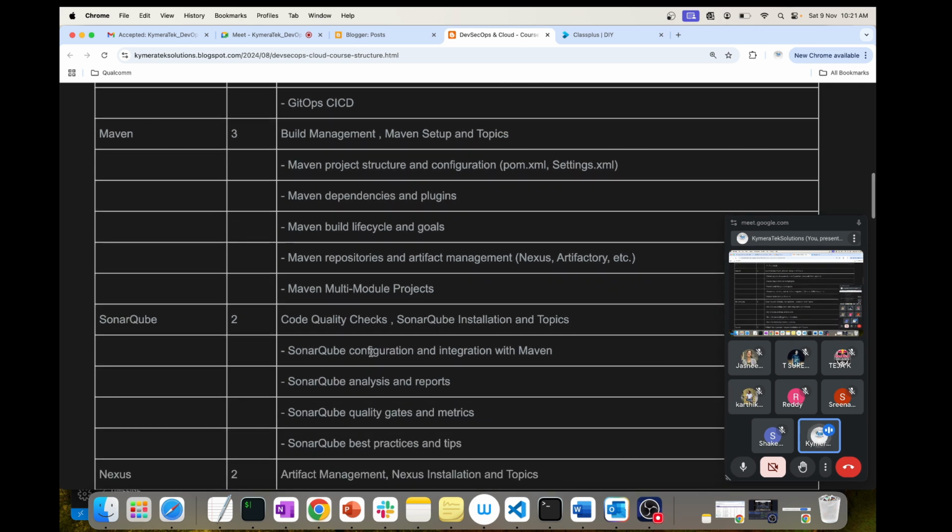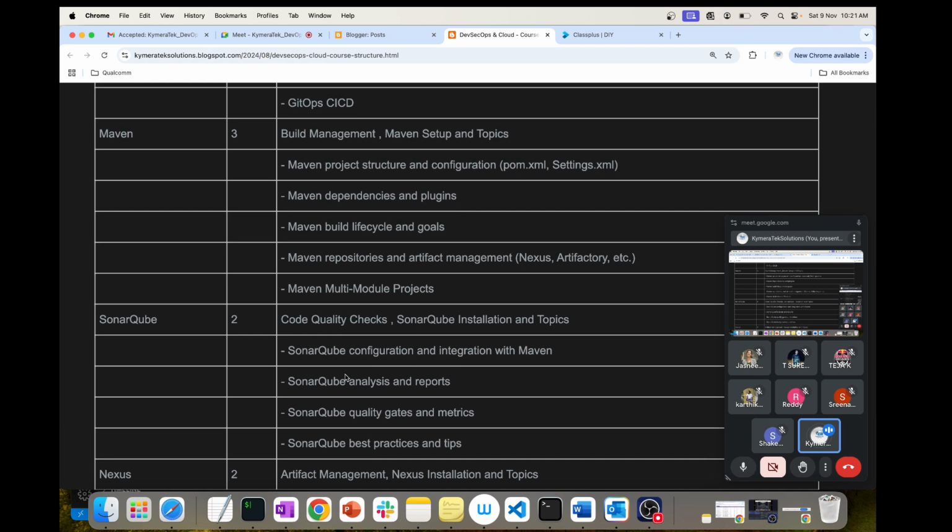Then we have SonarQube. SonarQube is more of the code quality test, static code analysis, where it is going to go through each line of your application code. It checks for duplications, vulnerabilities, code coverage, unit test coverage, all those things are covered, just to make sure that the code is at standard best practices.